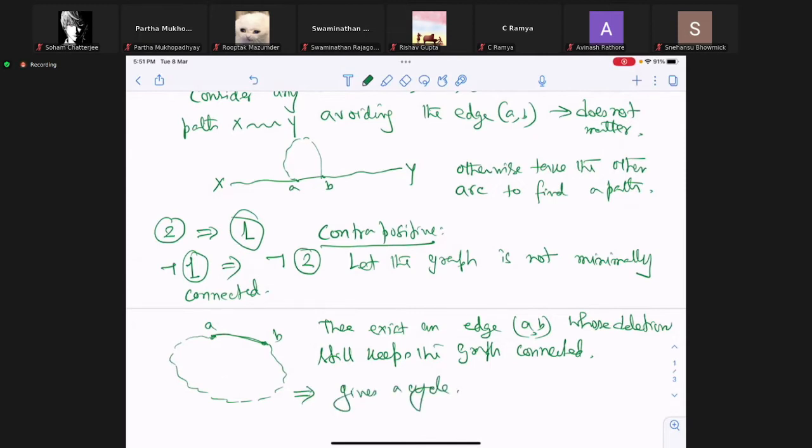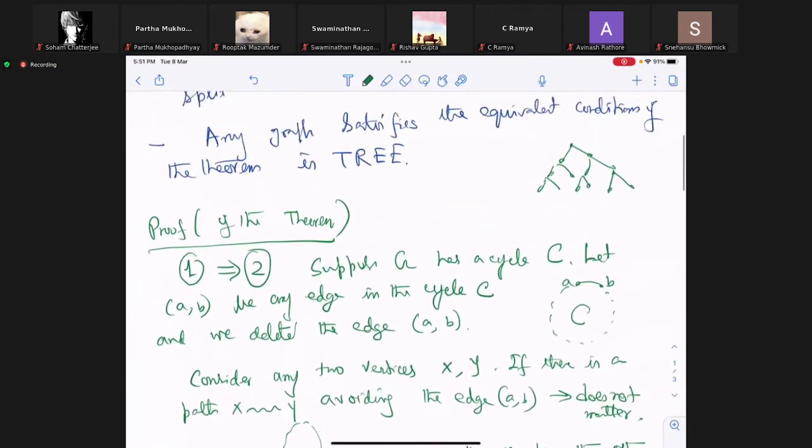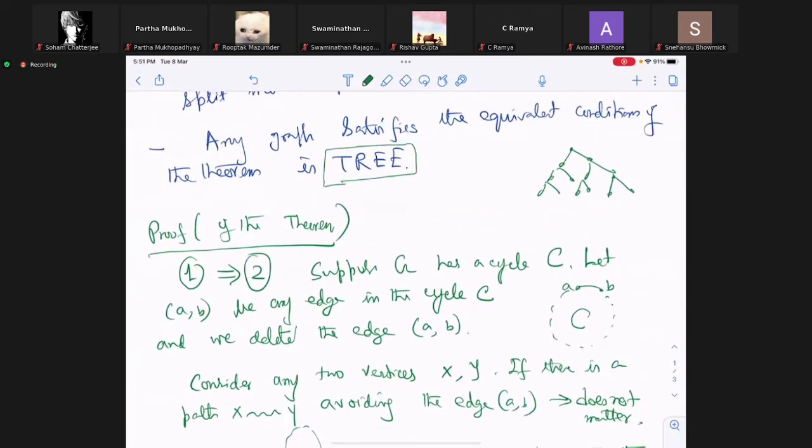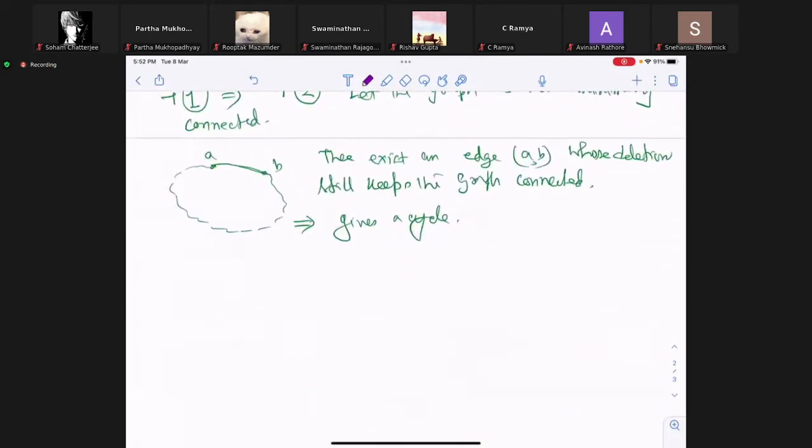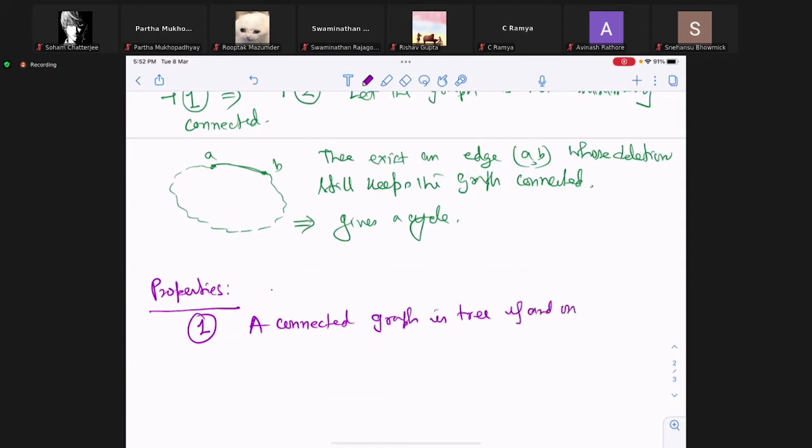So it's quite simple. And this is the definition that these graphs are called trees. Now you can match whatever tree introduction you got from your other courses, programming courses. Okay, so let me just list out a few absolutely basic properties of trees. Properties. A connected graph is a tree if and only if